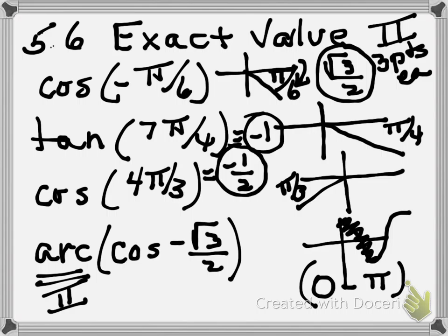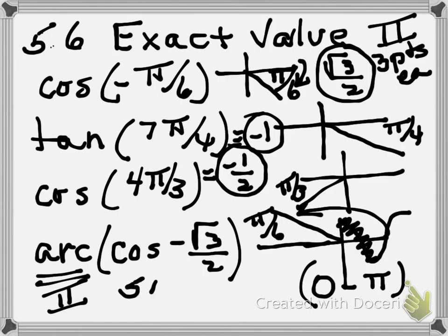Pi over 6, okay, because it's 30 degrees. So if it's pi over 6 in the second quadrant, cosine being negative, we want pi over 6 in this quadrant, and what are we getting then for the angle? 5 pi over 6. So it's not that there are two quadrants